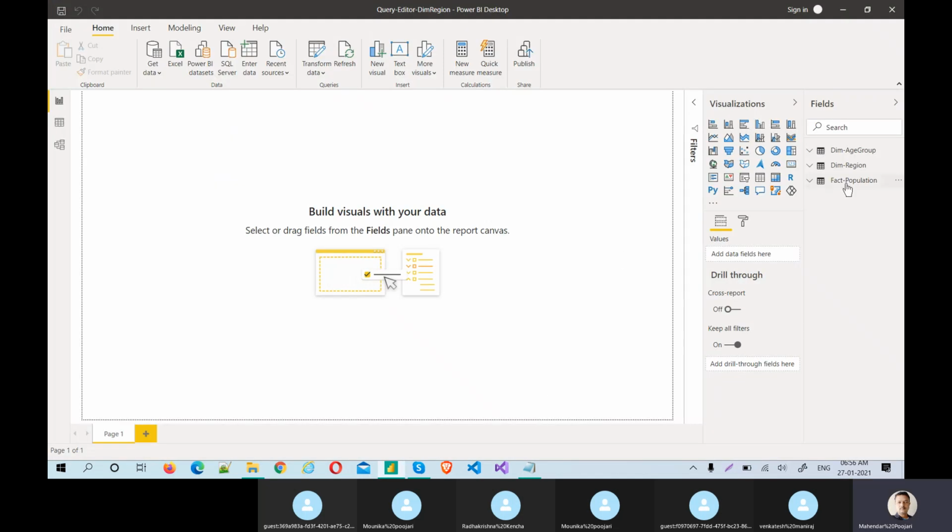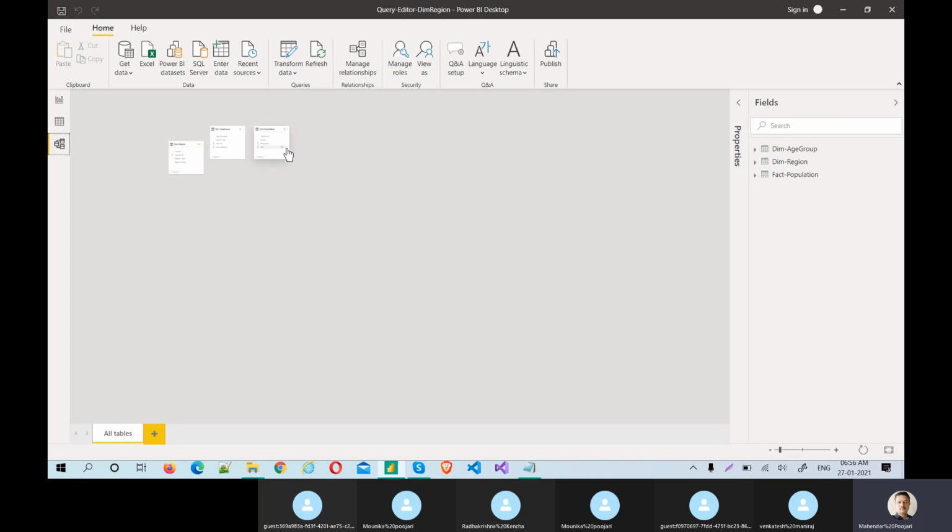Now we have only three tables. But again, there is a problem. Make it a little bigger.